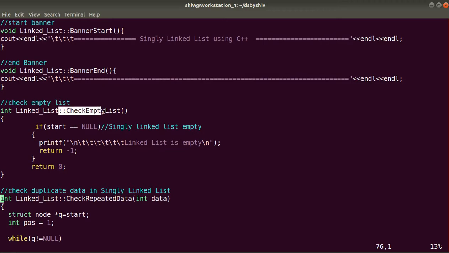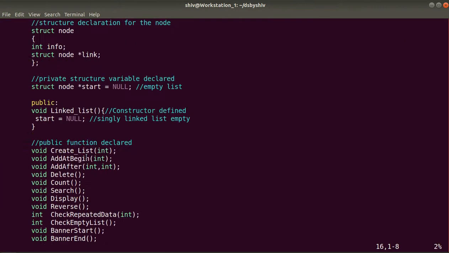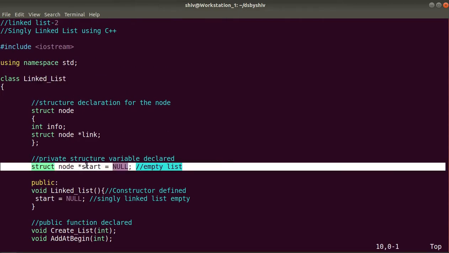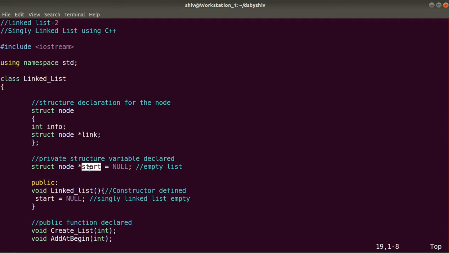This is the check empty list method, to check whether the list is empty or not. So here we are checking the start variable. If the start variable is equal to null, start is coming from here in the class, this variable, which is a pointer variable of type struct node.